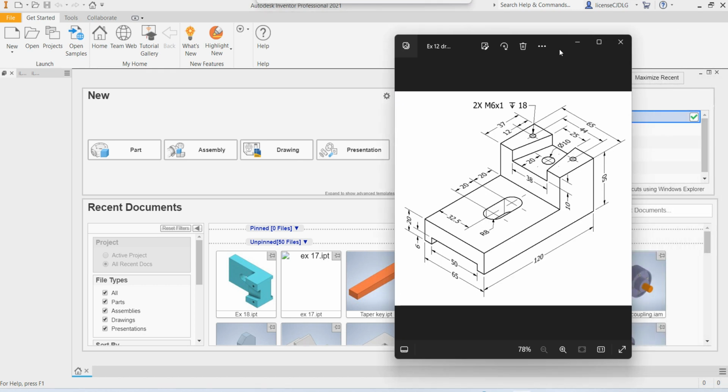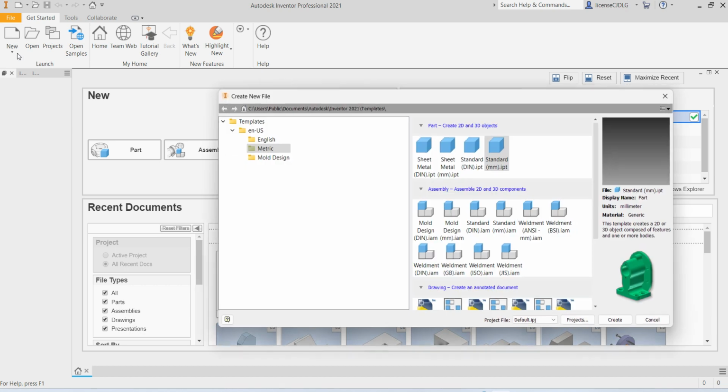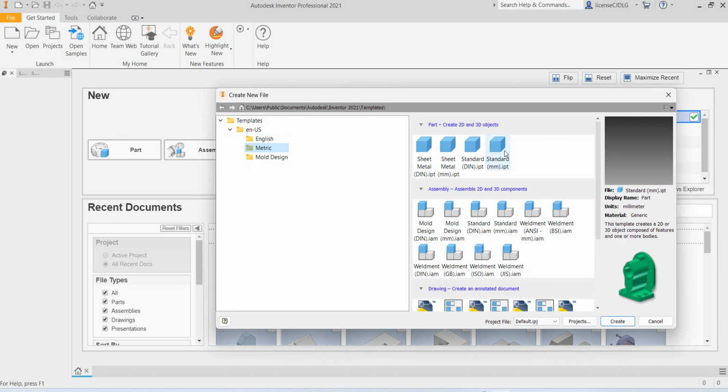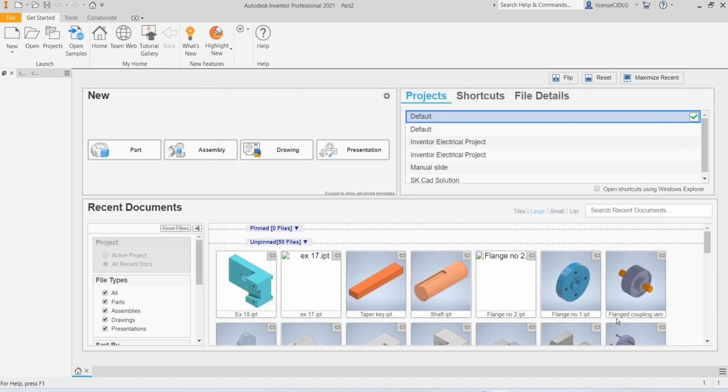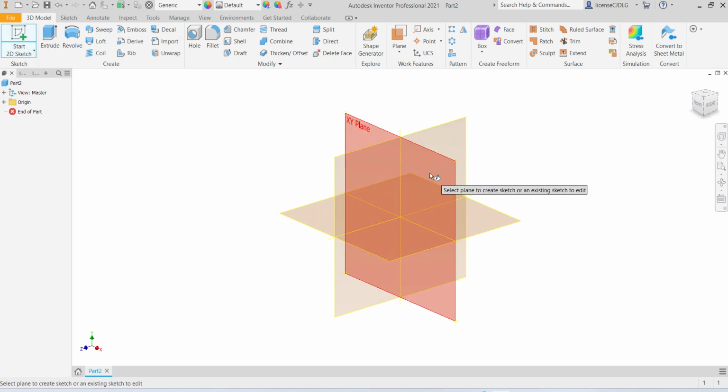You can see I chose this drawing to make the 3D model. You can see the dimensions are mentioned in mm. The base dimension is 120 by 65 and the height is 20 mm. For that, select new, metric, standard mm, create, select 2D sketch, select plane,